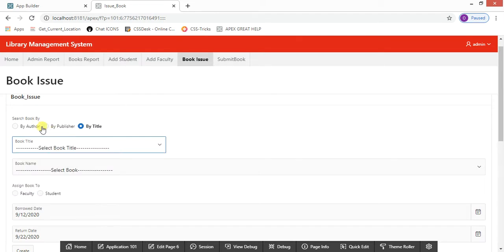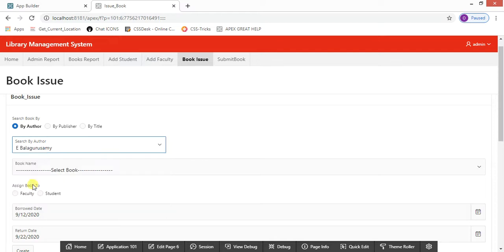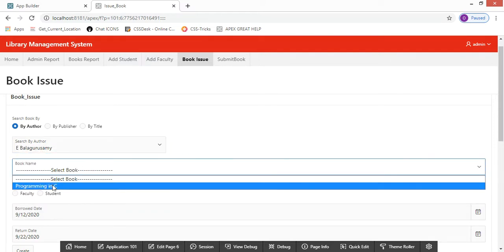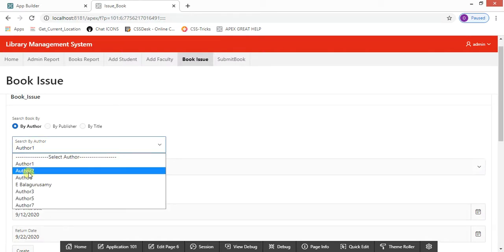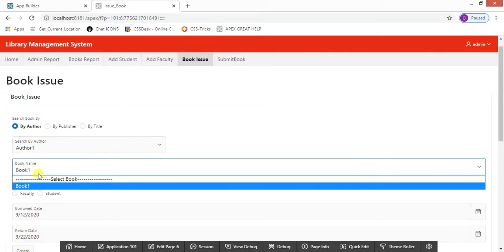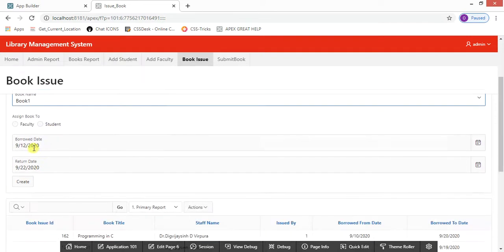Let's say if I select by author, the author is Balagurusamy, then Programming in C is there. If I select another, I've used just demo data, so author one, then book one is there. So this is populated on the basis of this, and we will see how it can be done further.